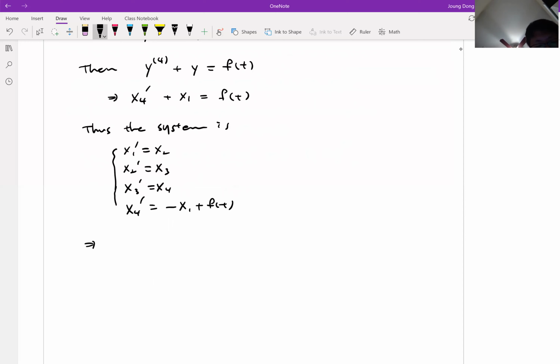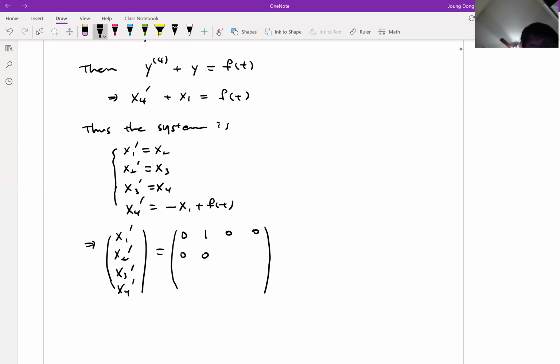There we go. x1 prime, x2 prime, x3 prime, and x4 prime. And the right hand side, look at that. The first equation doesn't have x1, x3, x4, right? All those are 0, but there is only 1 for the second one, right? And then the second equation, 0, 0, 1, 0, and 0, 0, 0, 1, and the last one is minus 1, 0,